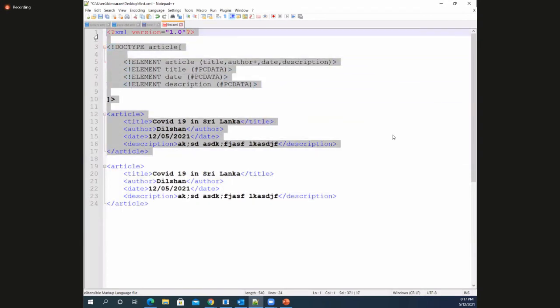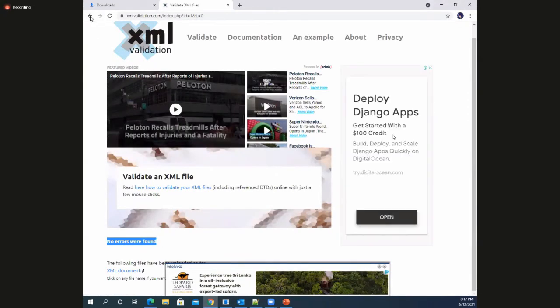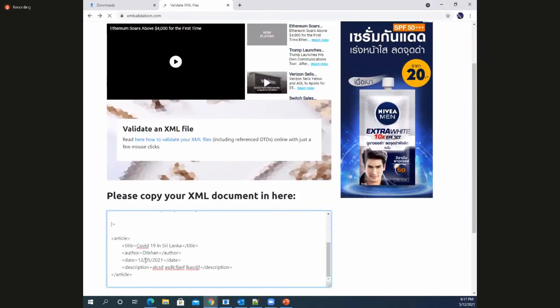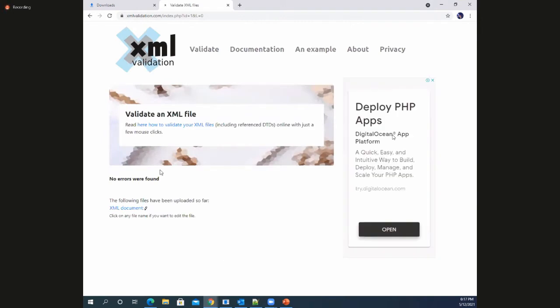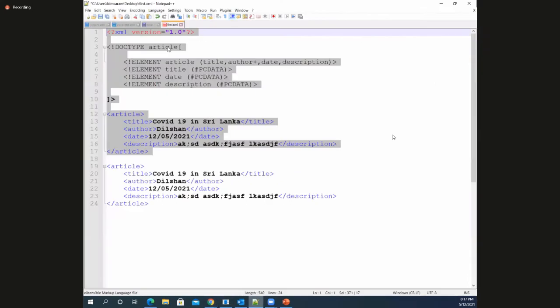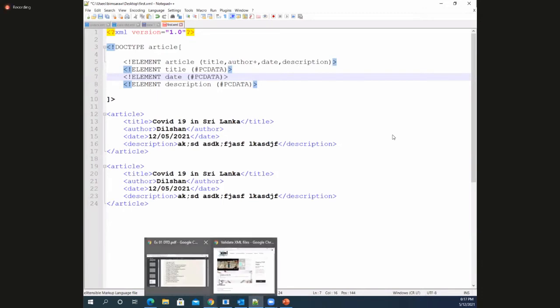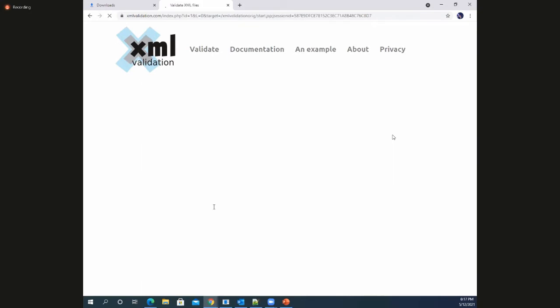So we can test it in our XML validator. Let's see whether it gives any errors. Right? No errors were found. That means this document validates against this DTD. Right? That means we are within the standard. Right? So let's see if